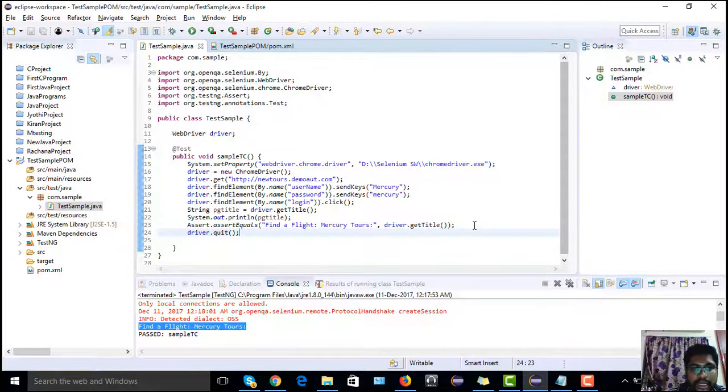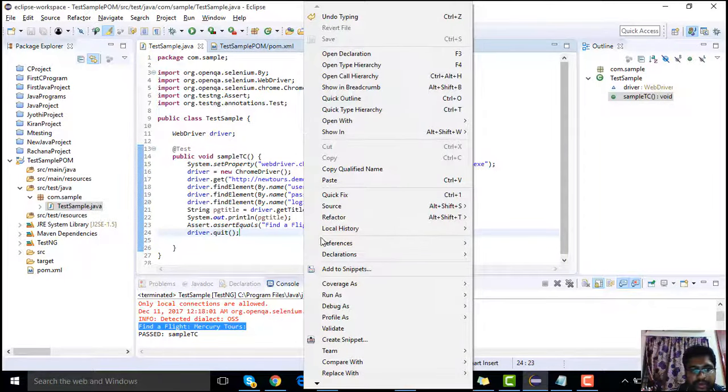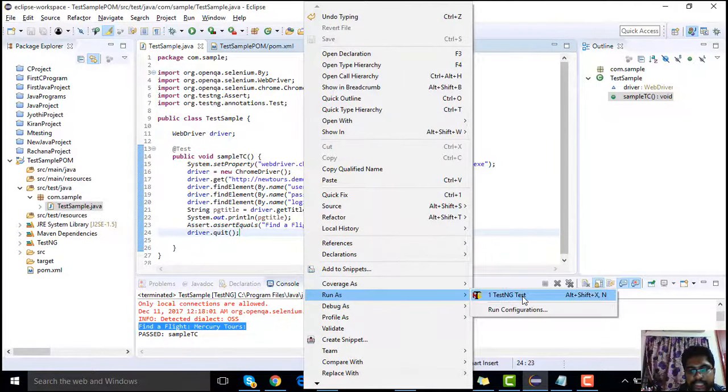opening the application, keying in our username, password, and clicking the login button, and we are getting the title of that particular page, validating it with the expected string, and closing the browser. Let's run one more time and see whether it is working as expected.